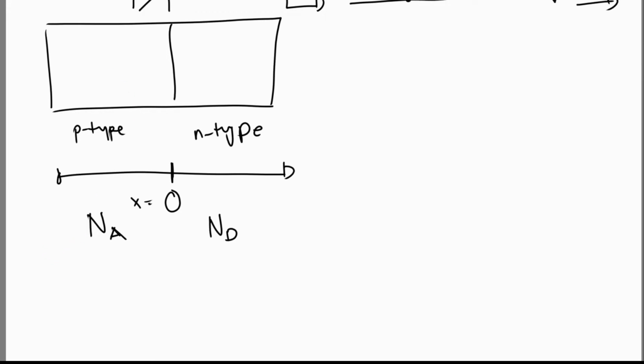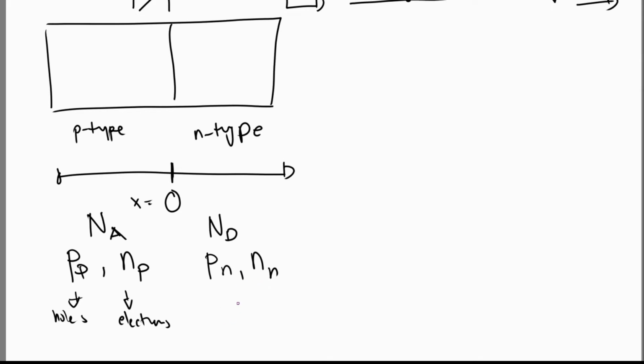At regions far from the junction area, for the P-type, the equilibrium hole and electron concentrations would be denoted by Pp and Np respectively. So this is holes, this is your electrons. Meanwhile, for the N-type region, you can use the same notation, Pn and Nn respectively, for your holes and